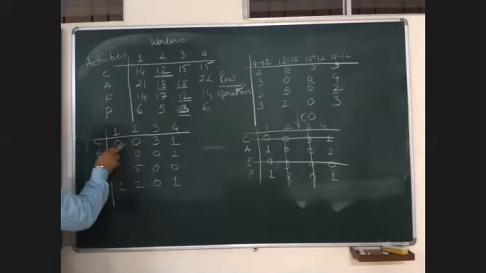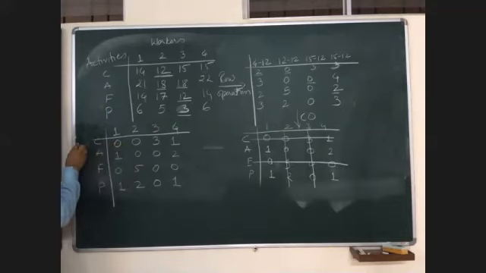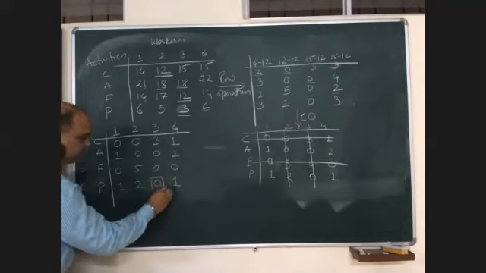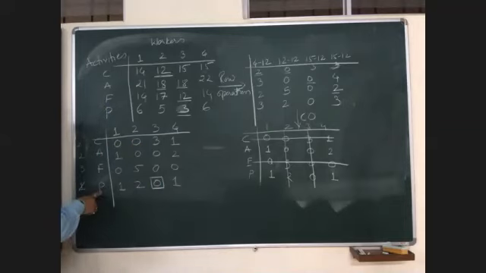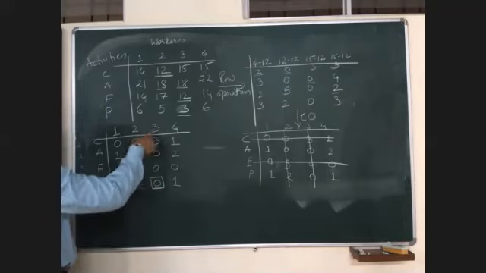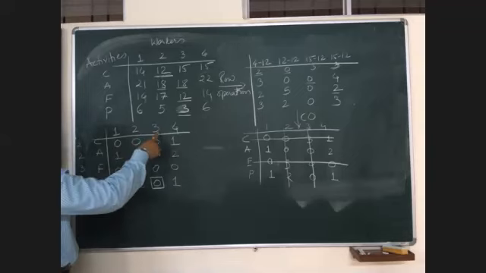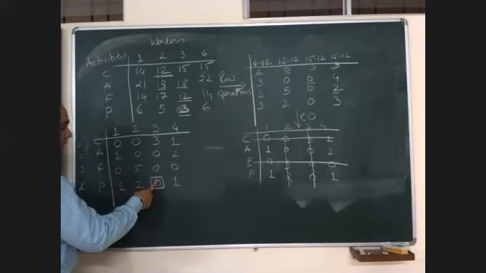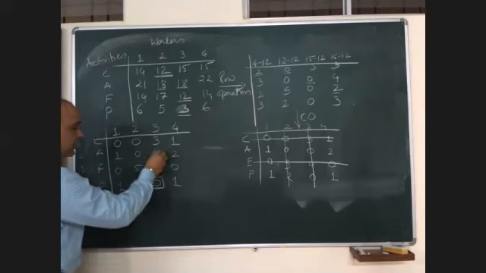How? Let us check. To solve this, or to assign the activities to workers, I'll write the number of zeros. In this row there are 2 zeros. In this row 2, 3, here 1. Always start with minimum number of zeros. So I'll start from here and I will assign this P to 3, right? And in the same column and in the same row, I will cut all the zeros.